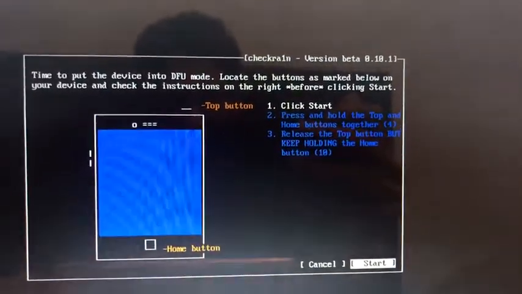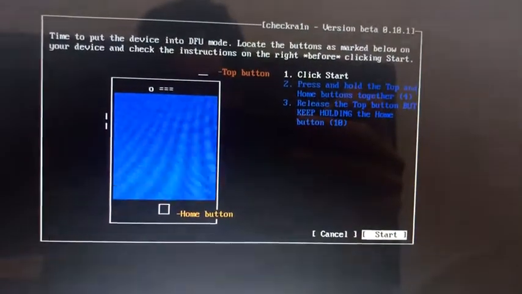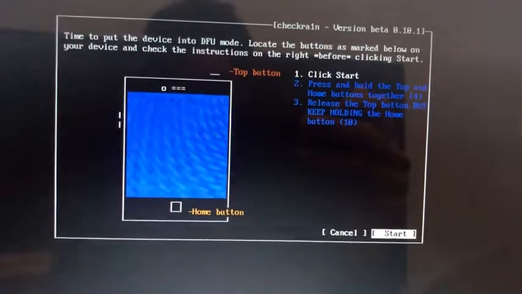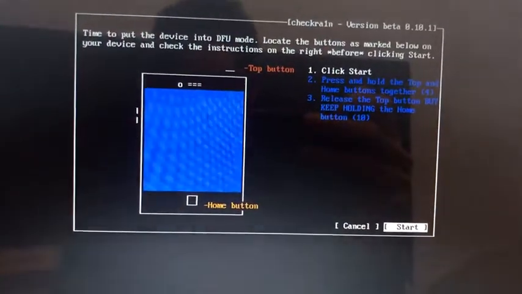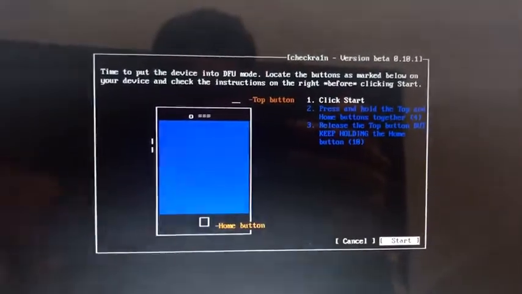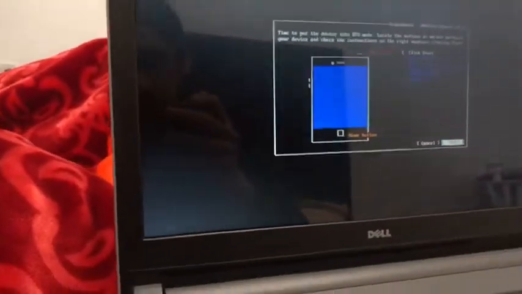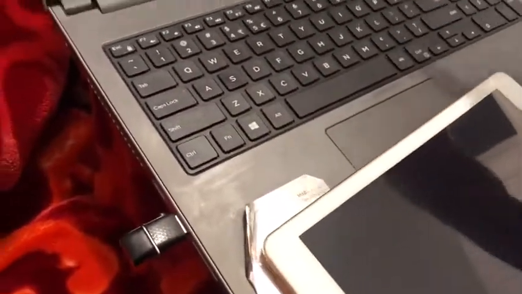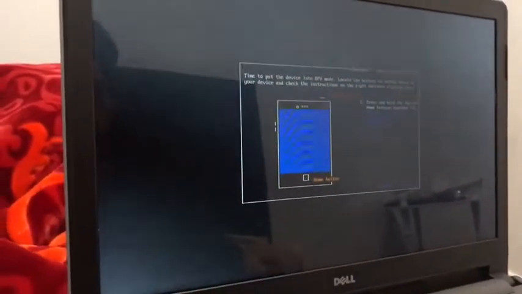You need to first click start, then press and hold the top button and home button for 4 seconds, then release the top button and keep holding the home button.